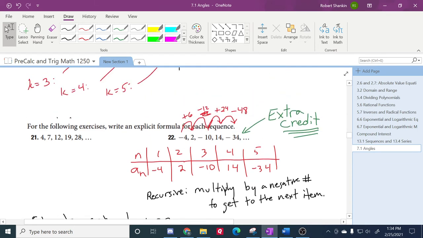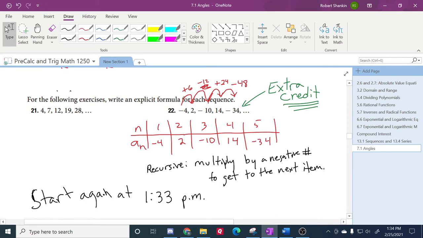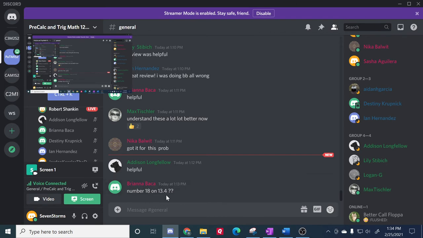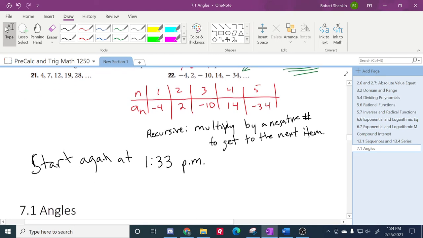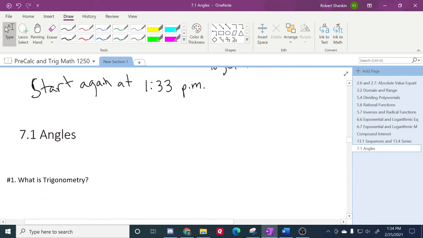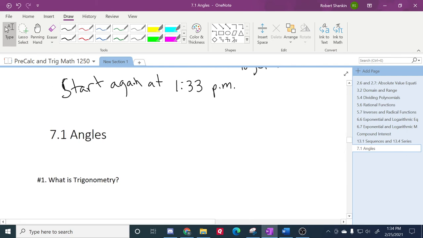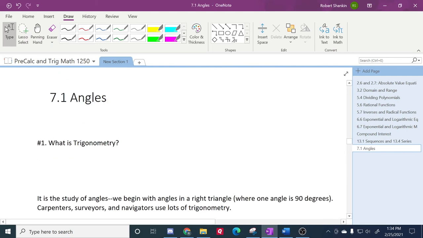And all right, now we had another question as well, but I need to go on to the next section. So the question was number 18 in 3.4, and if time permits, at the end of class today, we'll come back to that. But we need to move on, make sure that we get far enough in the new section. So 7.1,